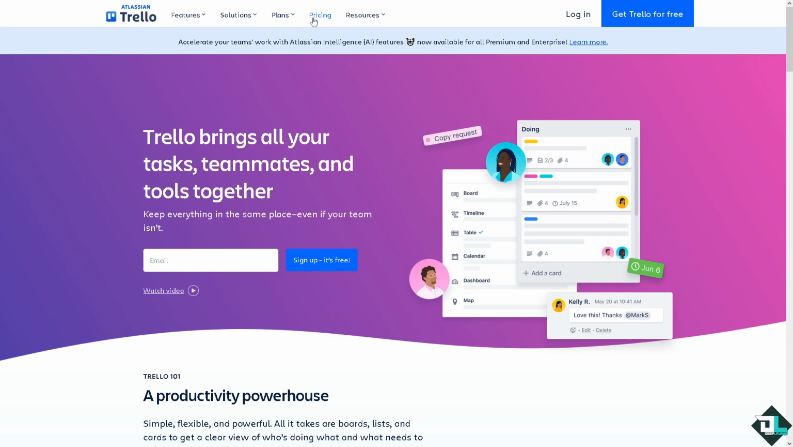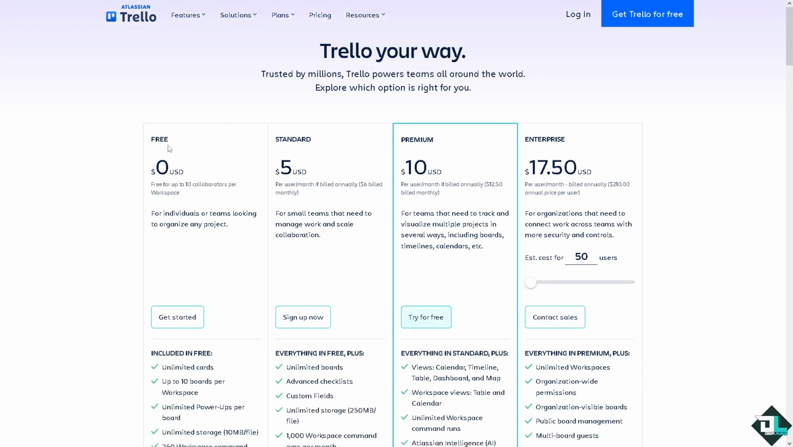Now, in terms of the pricing, if you click on this one right here, obviously you have the free trial, which costs nothing. All right, it's free up to 10 collaborators per workspace. This is best for individuals or teams looking to organize any project, and if you're just testing waters to see if this is going to be the project management tool for you. But if you want to scale up, you might want to choose the standard, which is $5 per month,